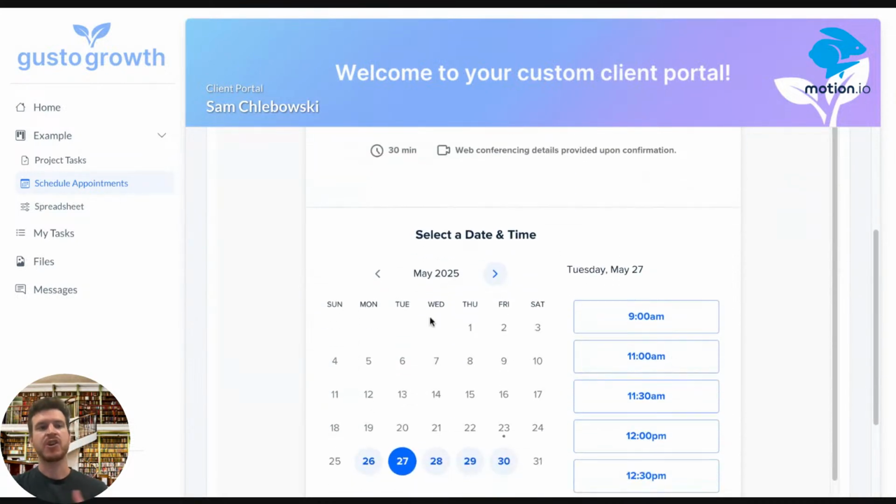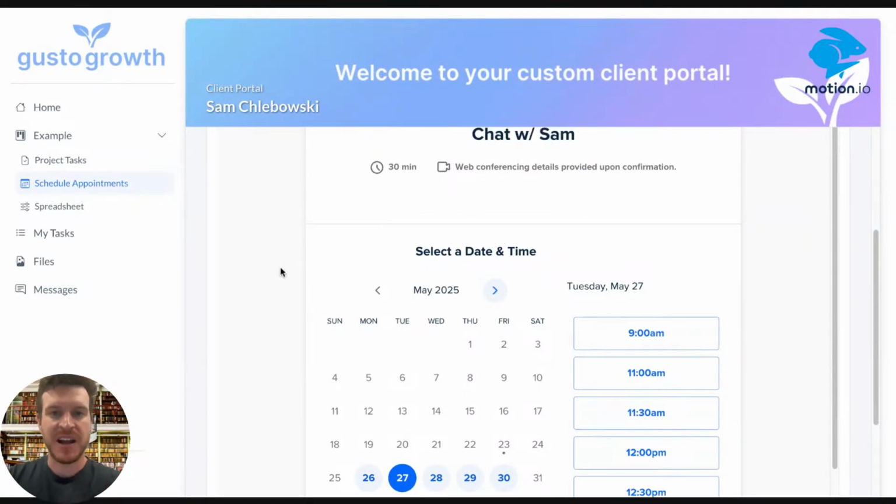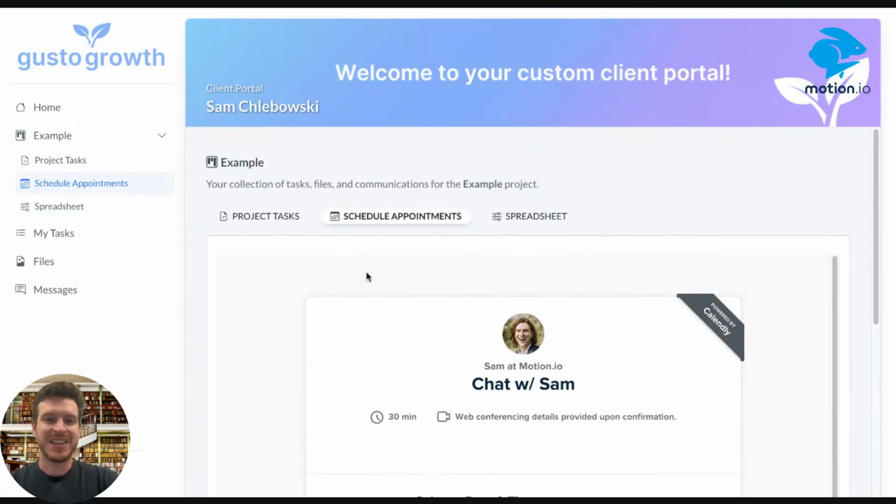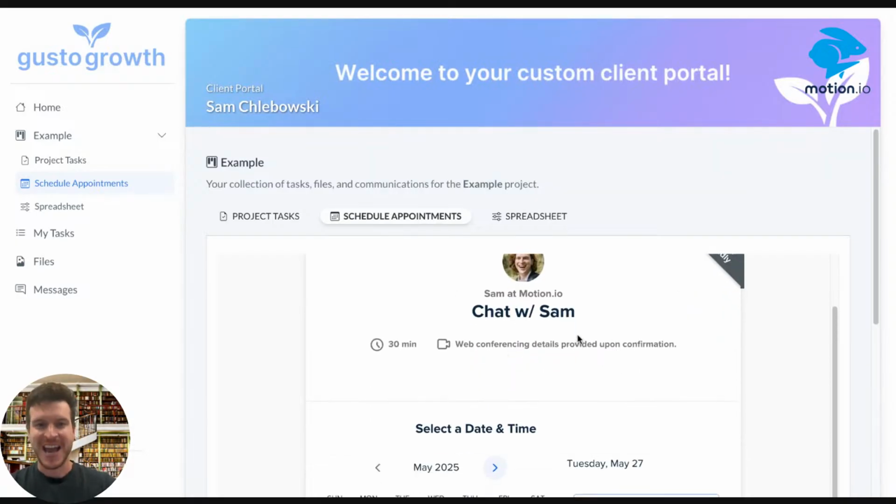A quick note about using these project tabs is that if there are things that are a little bit more task specific or happen within certain stages of projects, I typically recommend that instead of adding those things to a portal tab, you just add them to a task. So for example, let's say that instead of this general calendar, I had a very specific calendar for clients to schedule their kickoff call. That's a good example of something that I would want to include in a task